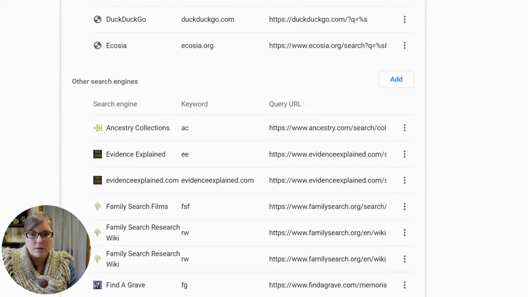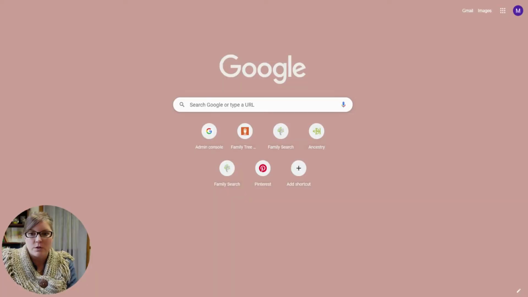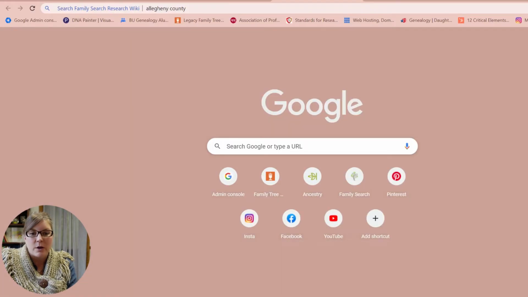Now, I'm going to close this browser. I'm going to share a new tab. Like I said, in order to use these terms, you just enter in your browser bar whatever keyword you made. So I did RW, hit space. Don't forget to hit space. And you can see I'm searching the research wiki, FamilySearch Research Wiki. So if I wanted to search Allegheny County,